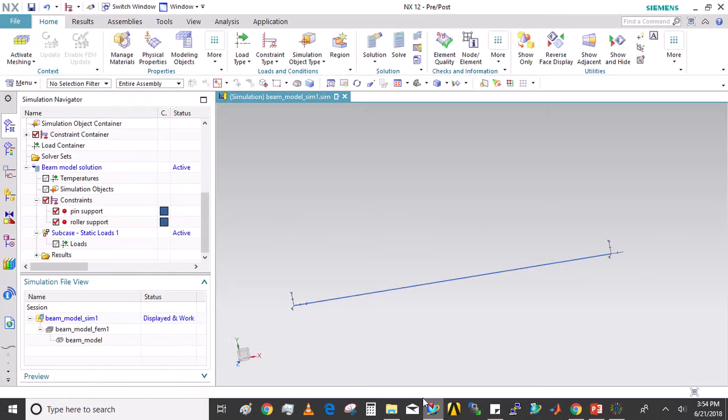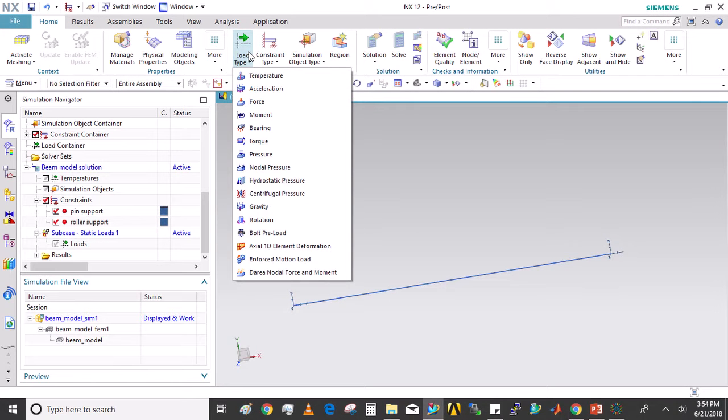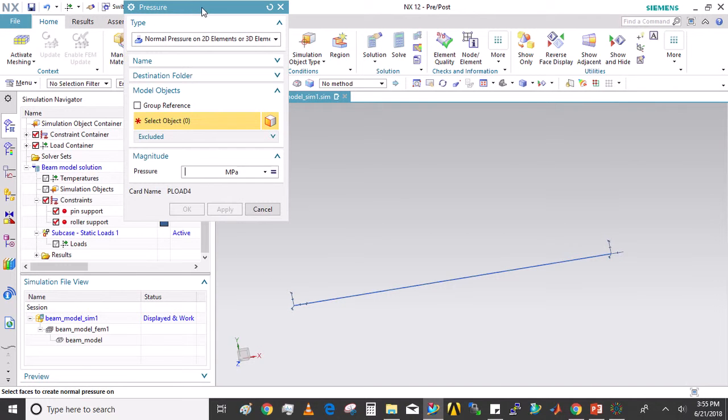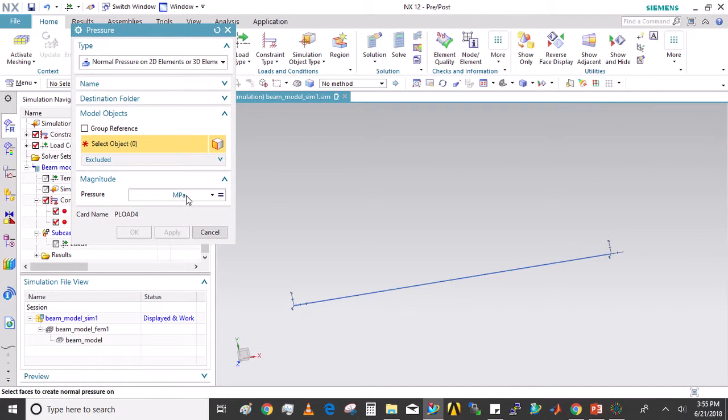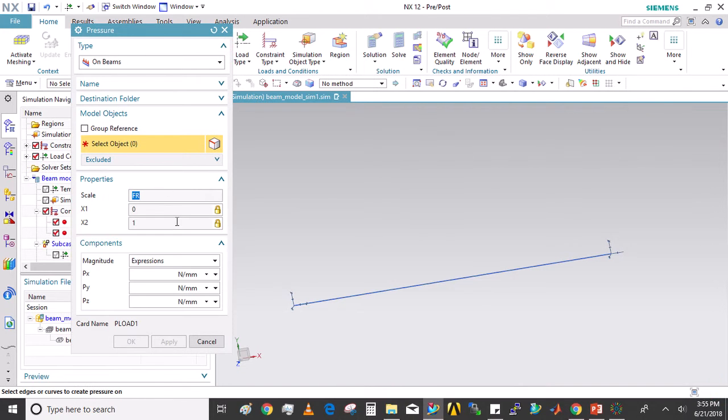So if you go to the simulation file and go to load type, generally we'll use this option to apply any kind of force, but since this load is per unit length, we'll use pressure here. If you go to pressure, you will see that the units are megapascal, which is normally used for pressure, but you can change the type to on beams, and the units will change to force per unit length, which is what you want.